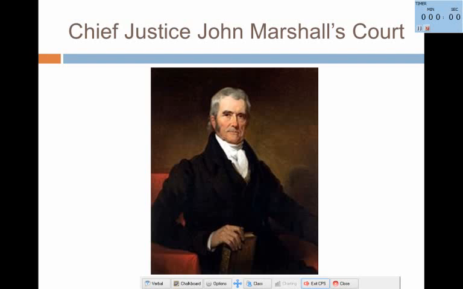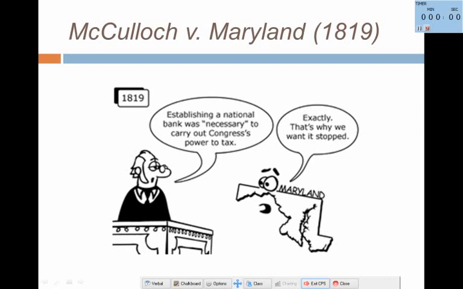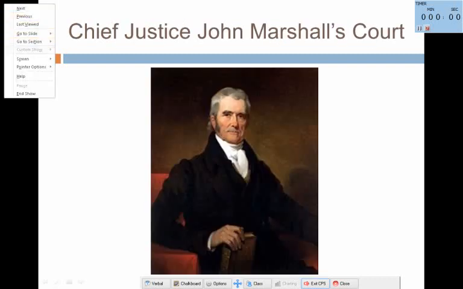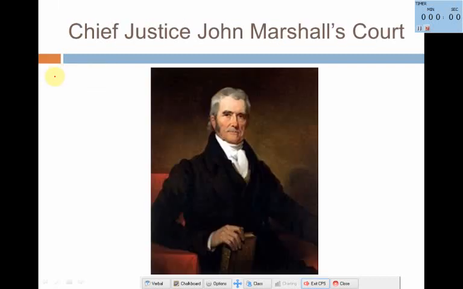Chief Justice John Marshall is the leader of what? He's Chief Justice, so what is he in charge of? The Supreme Court. Again, he's a Chief Justice of the Supreme Court, so we should definitely remember that. And he's a Federalist, so remember that. Even if the Federalist Party dies out, will he still be in power? Yes, because how long does he serve?